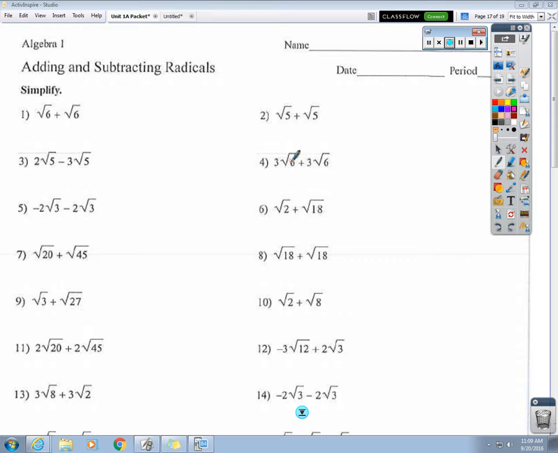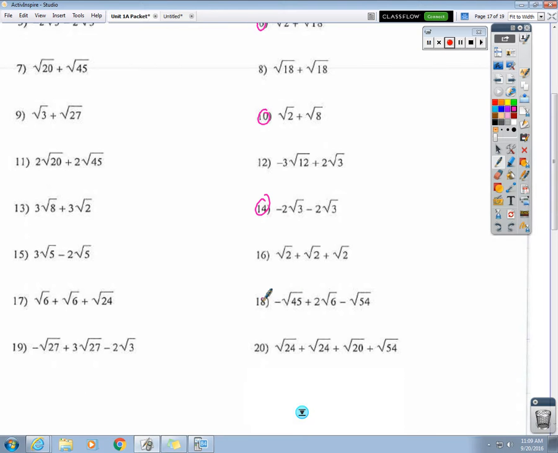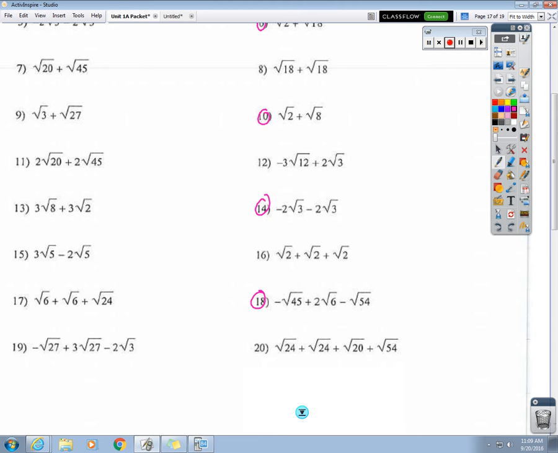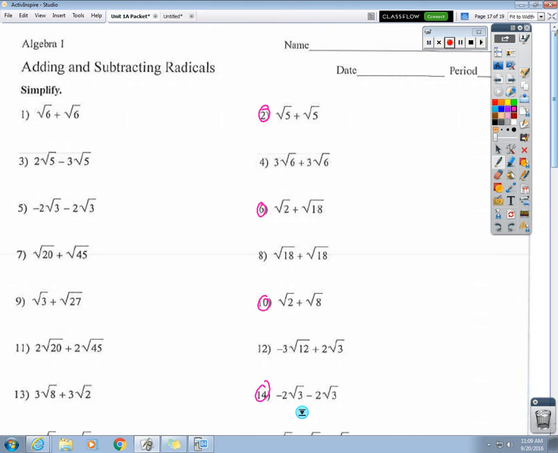Okay, so for homework, you were supposed to be doing every other even. So like 2, 6, 10, 14, and 18 were your homework. So we're going to go through and do the other evens, okay? That way we just spend some more time going over this topic in case you still don't quite understand it. So starting with number 4,